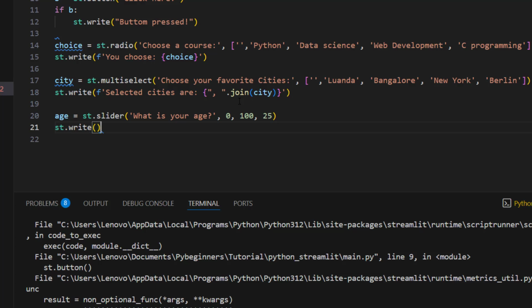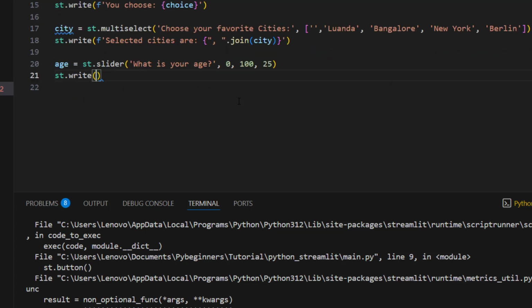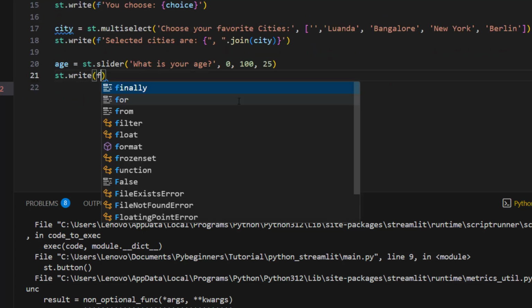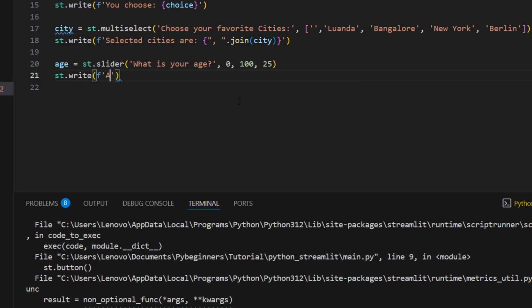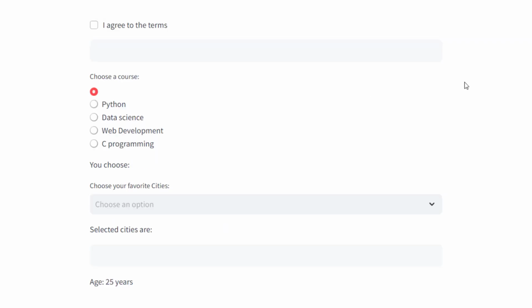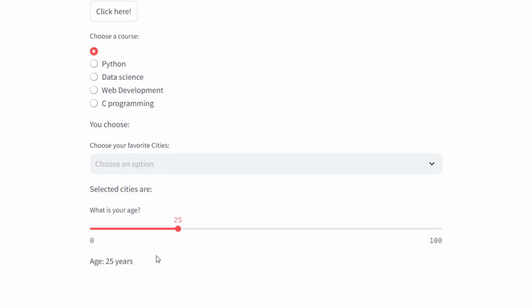After this, if I save, we can say st.write, using an f-string: age, open and close, give that age variable, and say years here. If I refresh, age 25.